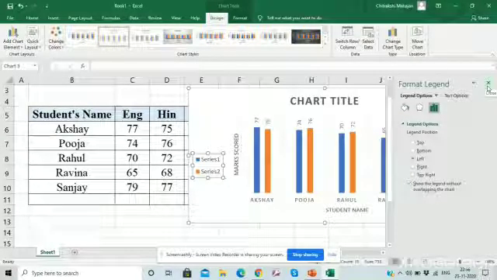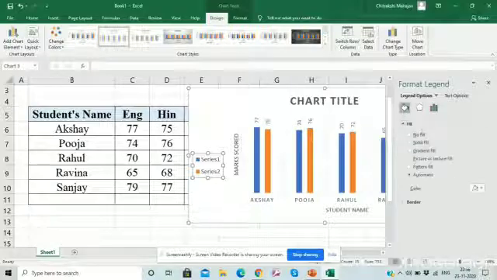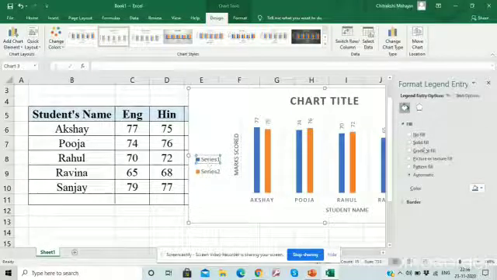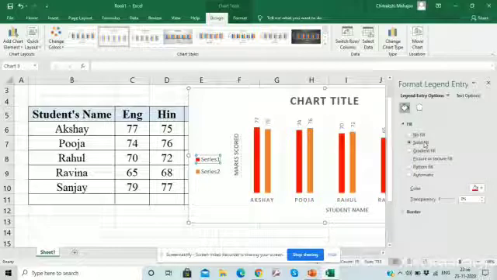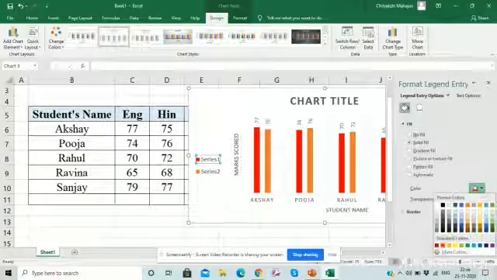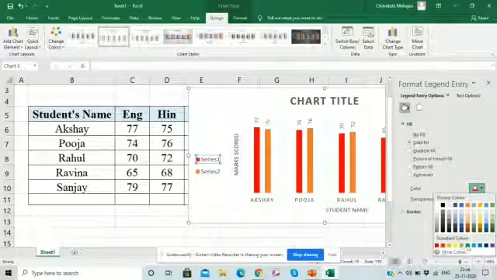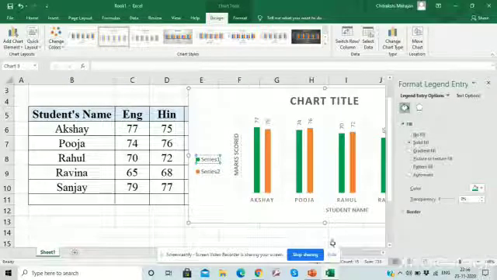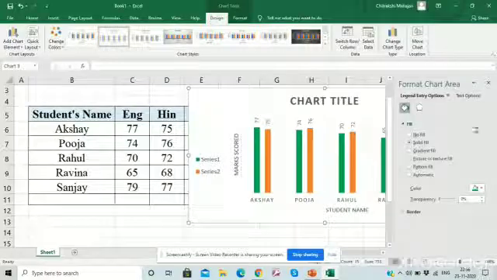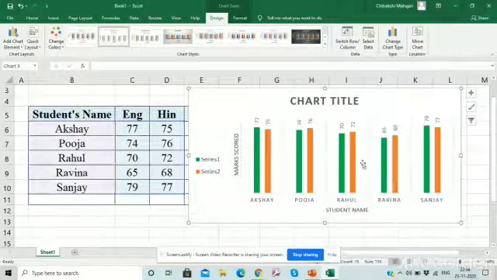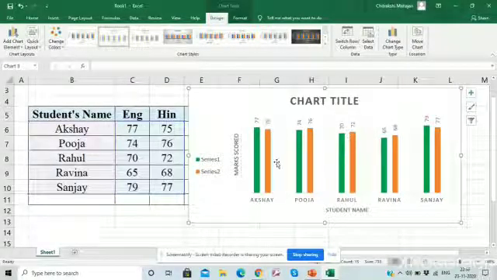You can change the fill color. We just select one, and fill color means solid fill. We can change red into green. We can do it from anywhere. It's our option. We can change it anytime.